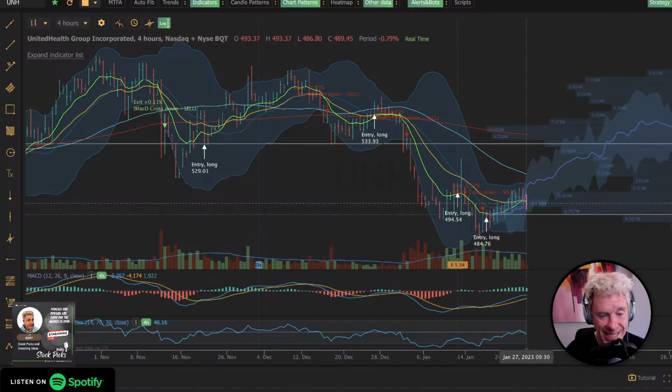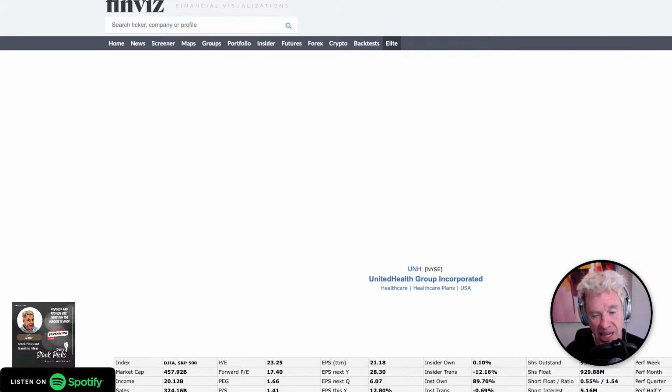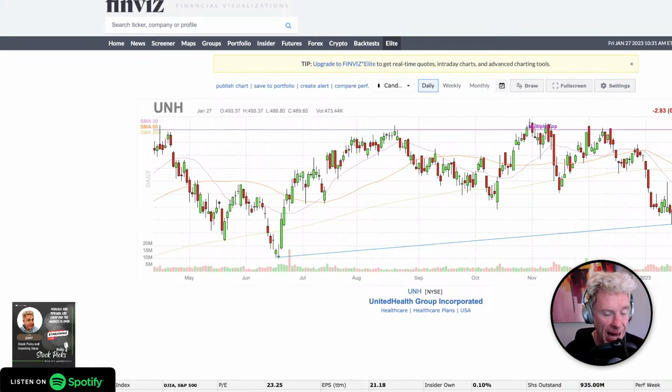The MACD is kind of low. It's not moving anywhere specifically, but you are seeing kind of a button hook here. So I'm slightly concerned if you're looking to trade this. If you're looking to own it, it is expensive. Just be aware, it is the most expensive healthcare name that you can buy as far as healthcare managed providers. The PE is 23. It's got a 1.34% dividend.